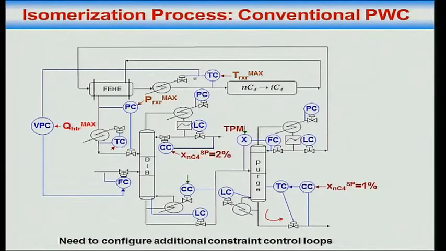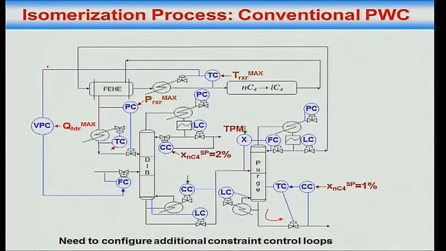Q heater approaches maximum, but I cannot have a situation where reactor temperature control is lost. Yes or no? Alright, so what do I do? I look at the position of the reactor heater valve and adjust the throughput to maintain Q heater close to max, but not at max, because I cannot afford to lose reactor temperature control. So I have to put in this loop.